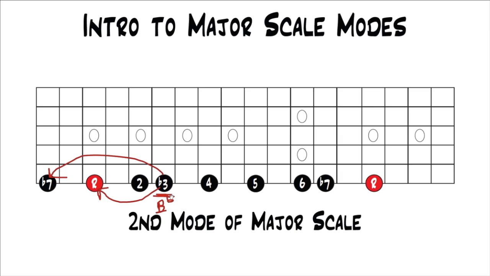Well, that flat 3 when you're soloing over a minor 7 or a minor chord sounds really good because you know that to build a minor chord or minor triad is a root, flat 3, 5. So that flat 3 is actually in the chord and sounds really strong. So that's another aspect of modes, understanding how they work over chords when you're improvising,